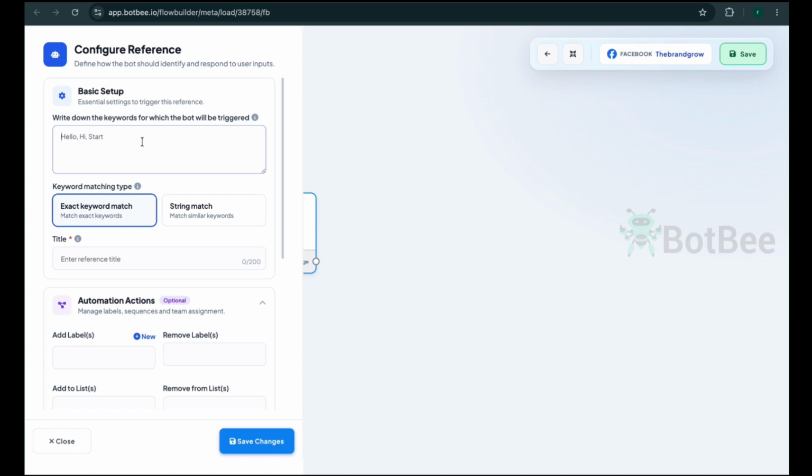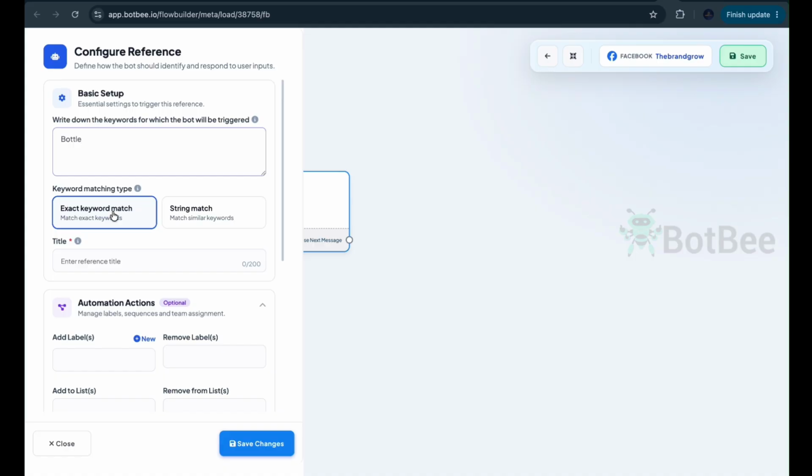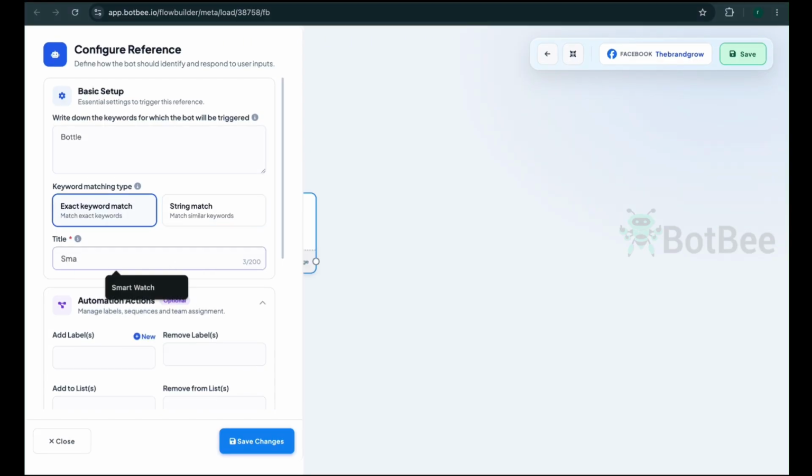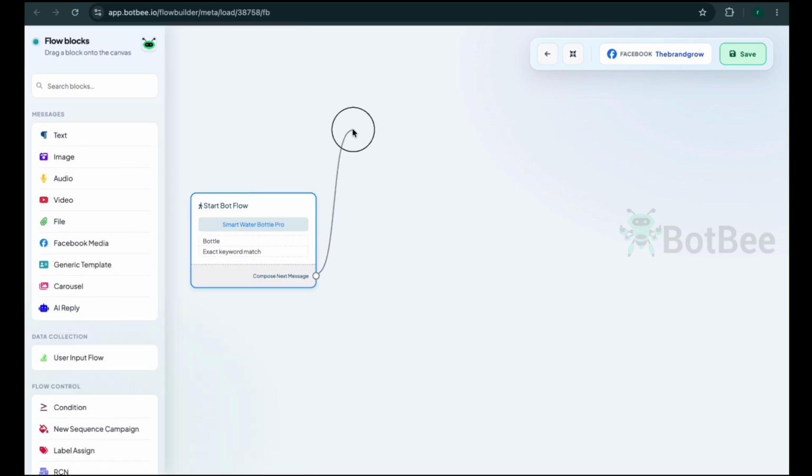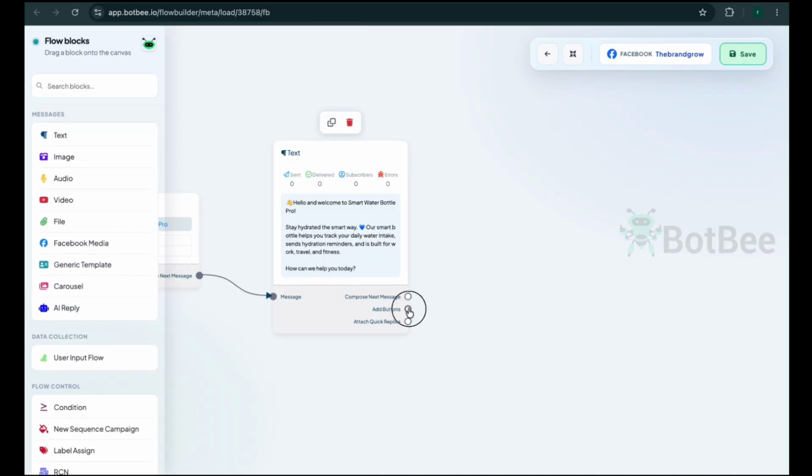Let me show you by building the chatbot with a greeting message and buttons. We will enter a trigger word here, and when your customers write this word, the chatbot will start. For better and more accurate bot replies, you can add keyword restriction. If you are using an exact keyword, a single keyword can be of maximum 24 characters. If you need to use a keyword or phrase longer than 24 characters, you can use the string match option instead. Then I will take a text element for my greeting message and add 2 buttons.